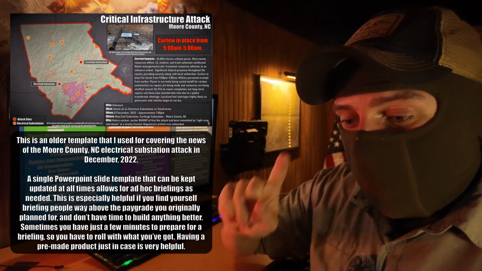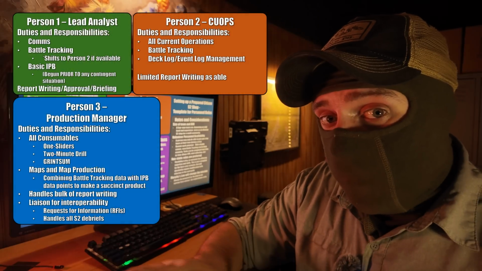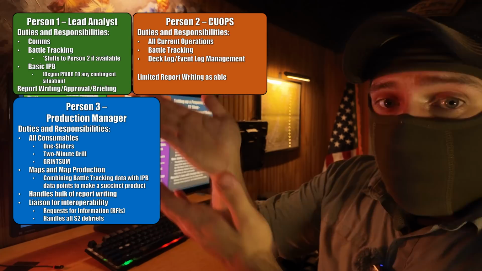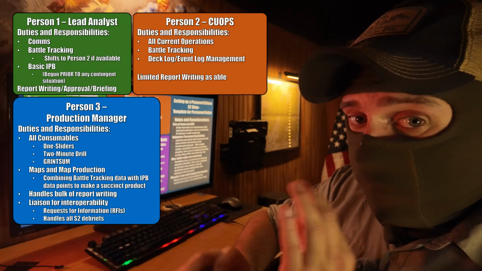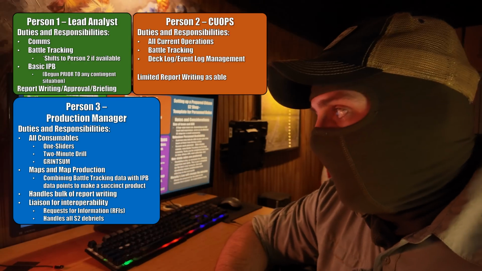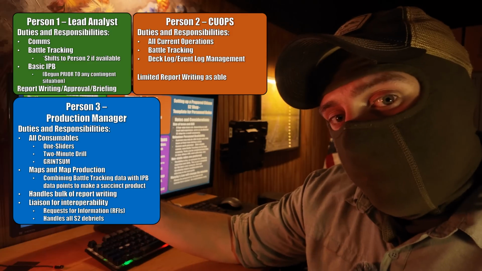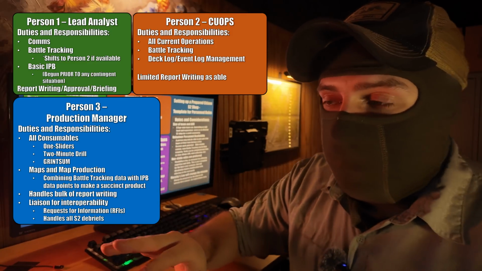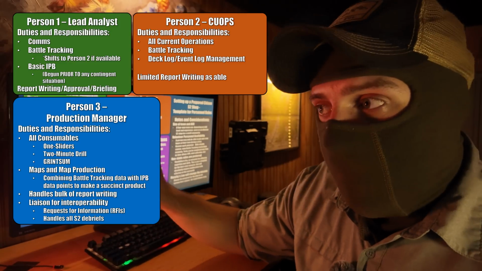They can make sure that your one-slider is good at all times, so that if anyone comes up to you and asks you something, you've got a pre-made intelligence product for them. Very professional, very slick operation. Along with that, it depends on how you might want to do it. We can get into the weeds of this later, but you also want to make sure that person's in charge